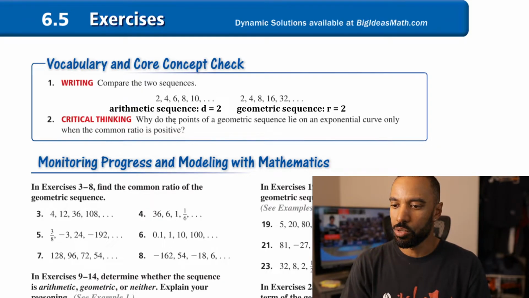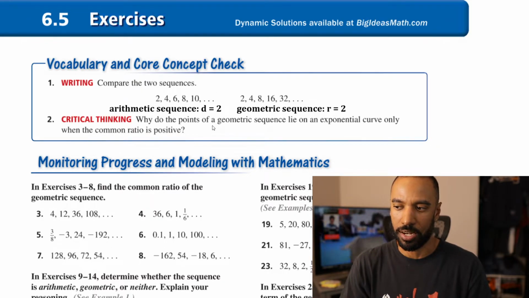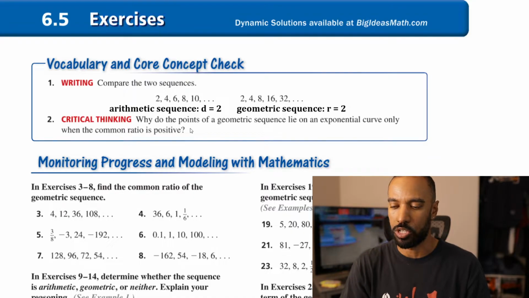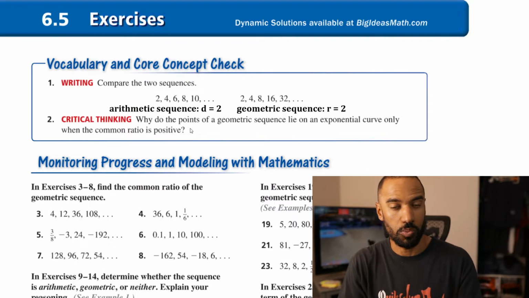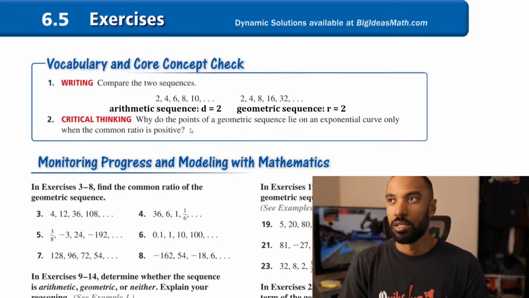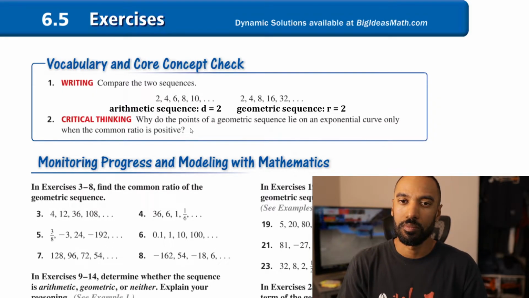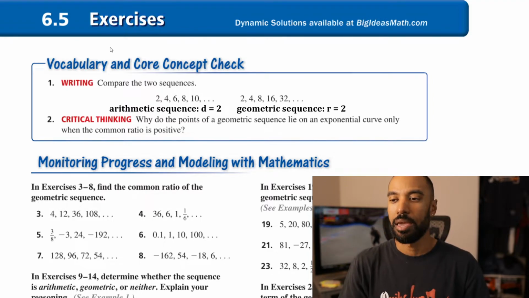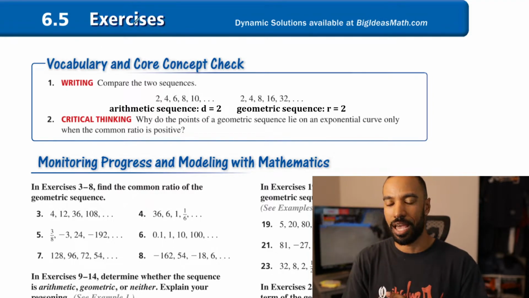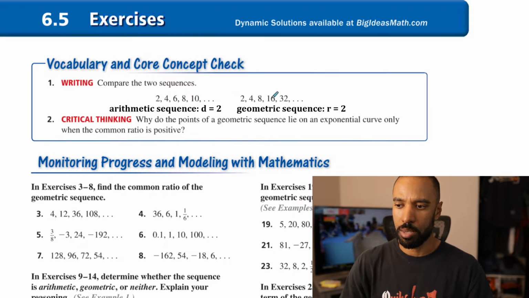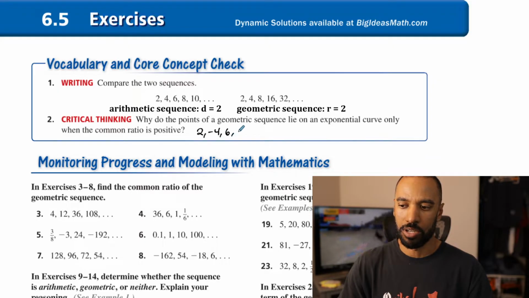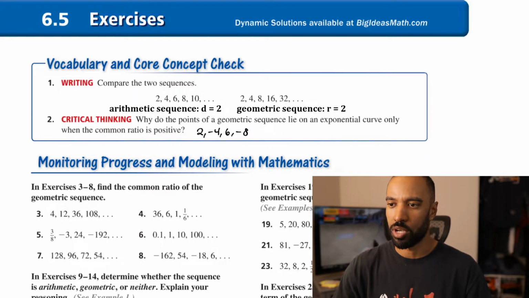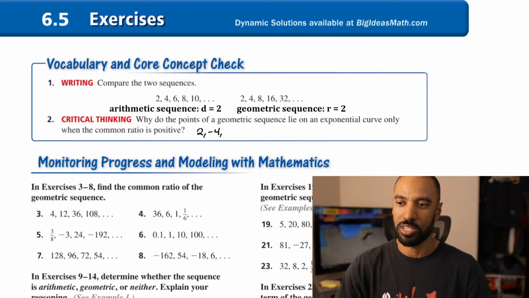Critical thinking, number 2, says, why do the points of a geometric sequence lie on an exponential curve only when the common ratio is positive? Well, that's an interesting question because exponential functions do not have negative b values. Imagine if it did have a negative b value. Let's use the same idea with this 2, but we have a common ratio of negative 2: 2, negative 4, 8, negative 16,